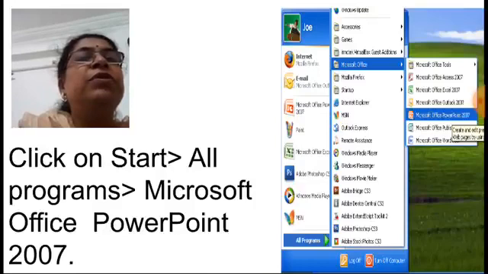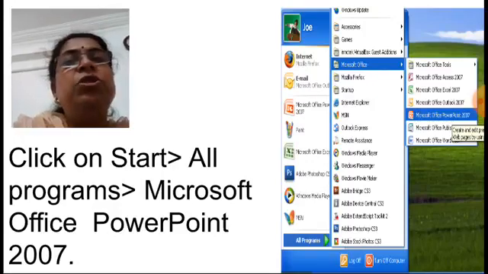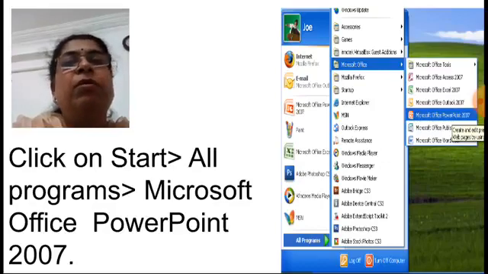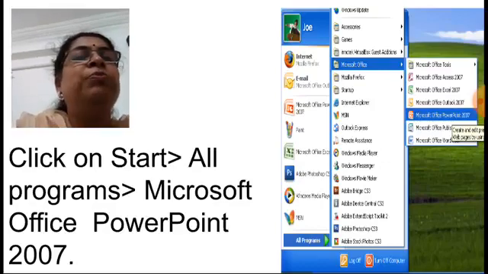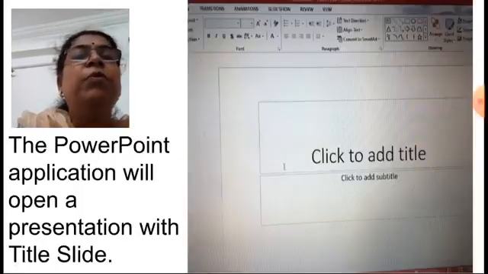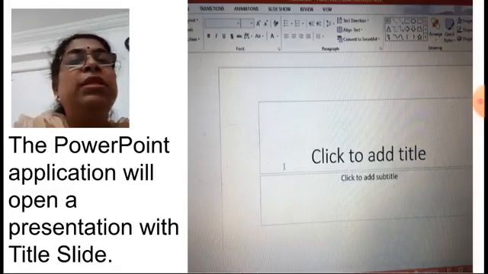Now first, click on Start to open Microsoft PowerPoint 2007. Click on Start, All Programs, Microsoft Office PowerPoint 2007. Suppose you have a higher version, in the search box you type PowerPoint and open that application. After opening the PowerPoint application, you have to open a blank slide and you have to see the first slide,